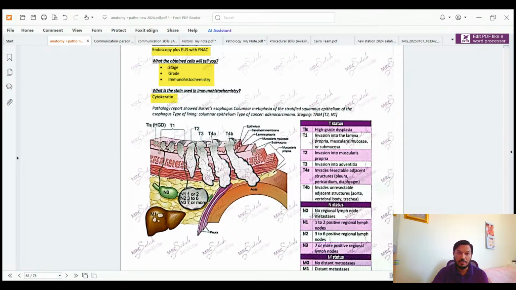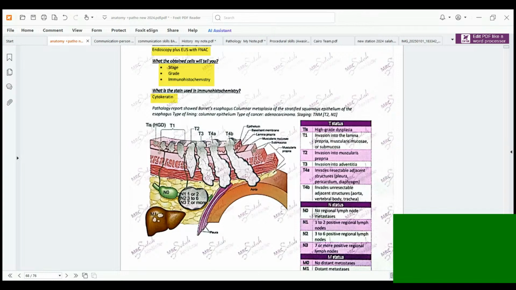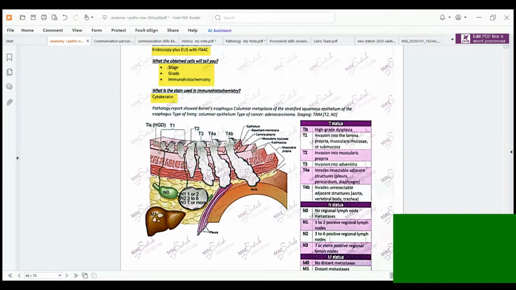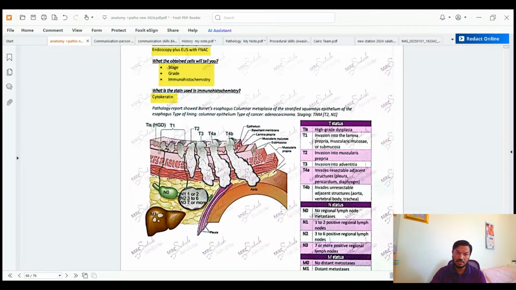Cytokeratin. Okay. Pathology reports showed Barrett's esophagus, columnar metaplasia of the stratified squamous epithelium of the esophagus, type of lining,